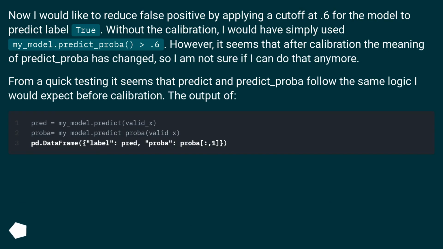Now I would like to reduce false positives by applying a cutoff at 0.6 for the model to predict label true. Without the calibration, I would have simply used my_model.predict_proba > 0.6. However, it seems that after calibration the meaning of predict_proba has changed, so I am not sure if I